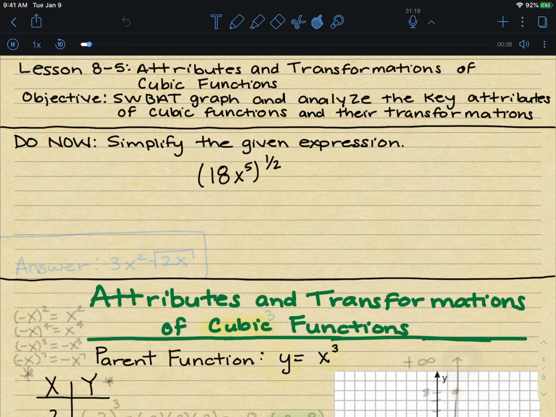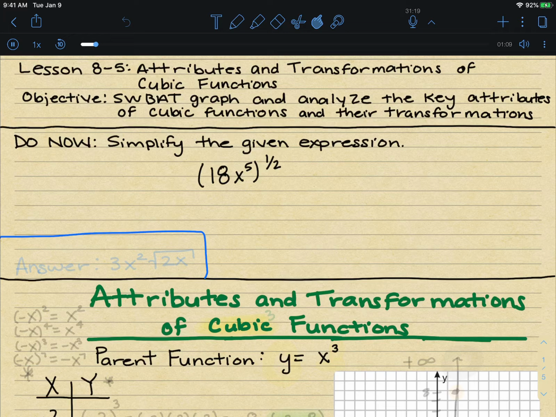Now, before we begin with today's lesson, I just wanted to go ahead and give you guys the answer for the do now. If you guys have any questions or want me to show you how to do the do now, just send me a message through the chat and I will go ahead and show you guys how to do that. So we're going to be dealing with the attributes and transformations of